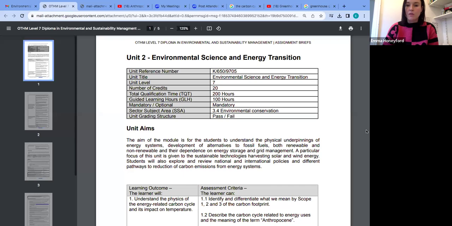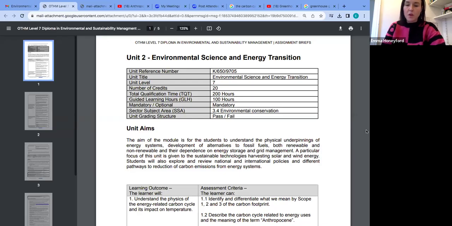A particular focus of this unit is given to the sustainable technologies that can harvest solar and wind energy. Students will also explore and review national and international policies and different pathways to reduction of carbon emissions from energy